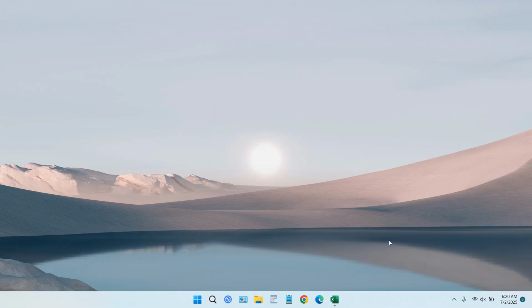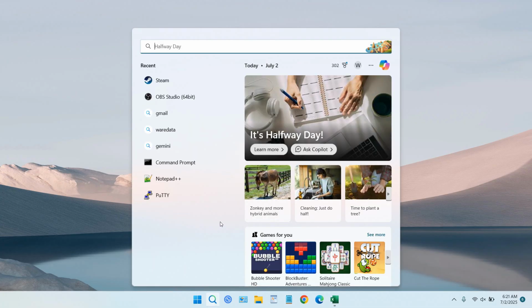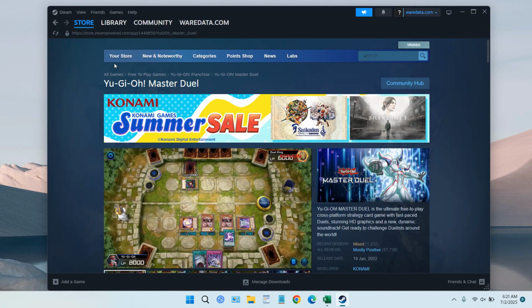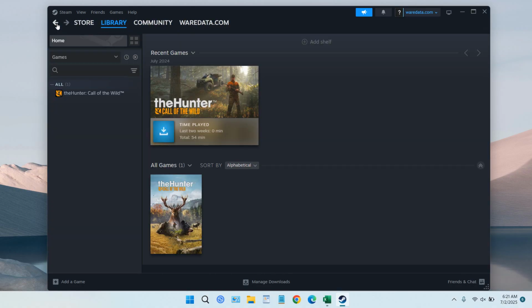In this video, we will show you how to play free games on Steam. Okay, to play or get a free game on Steam, you can follow these steps. First, open your Steam. If you have a Steam account and you are on the dashboard like this, just